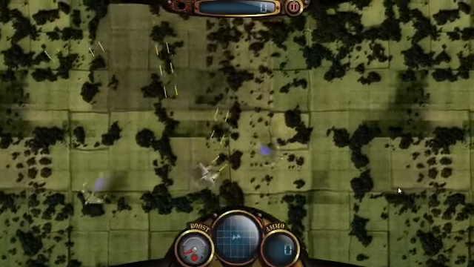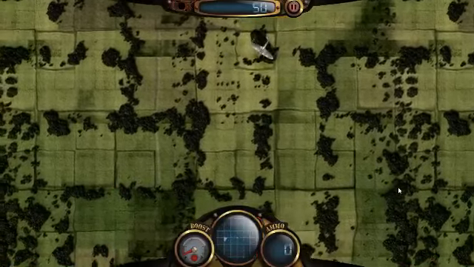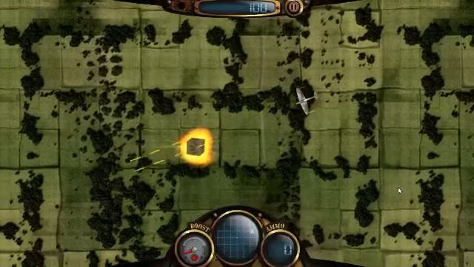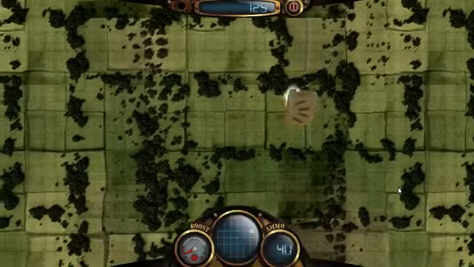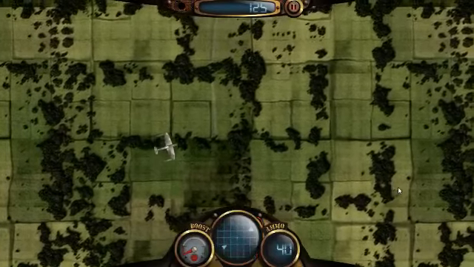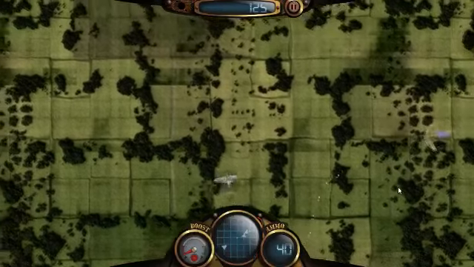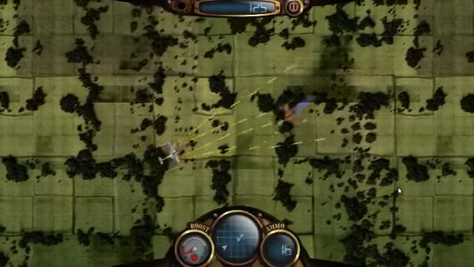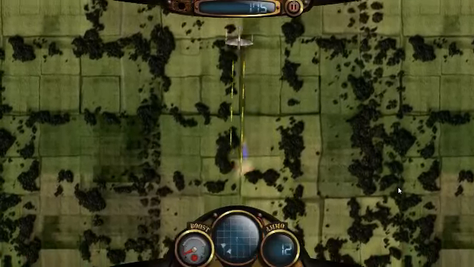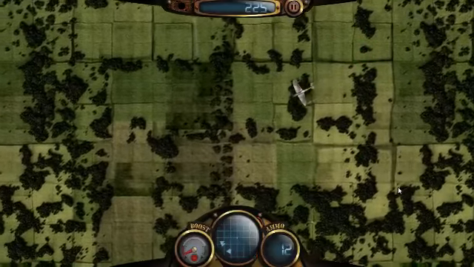You'll notice that I sound disappointed when I die, but that's disappointment in myself. And I think that's what happens when you truly have a game that has pretty decent controls. I'm disappointed that I allow myself to get outflanked. I'm disappointed that I allow myself to be surprised when I have a freaking radar. None of that's a reflection on the game. The game itself is not frustrating. I'm